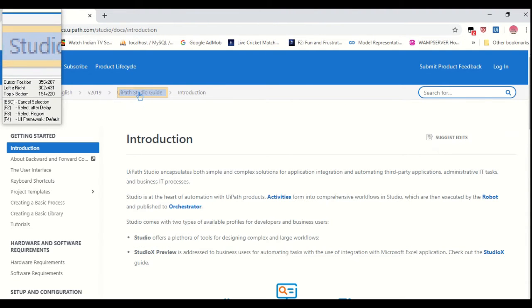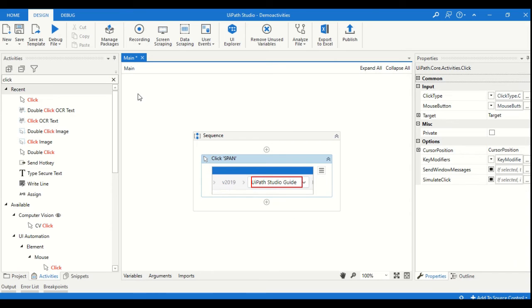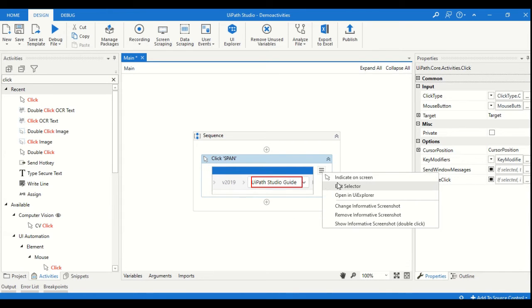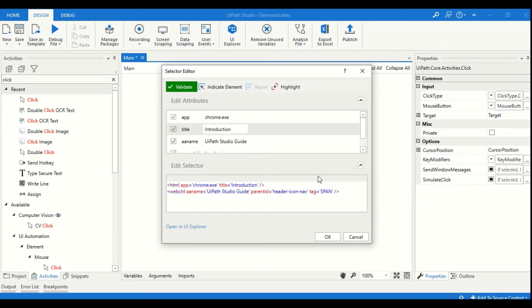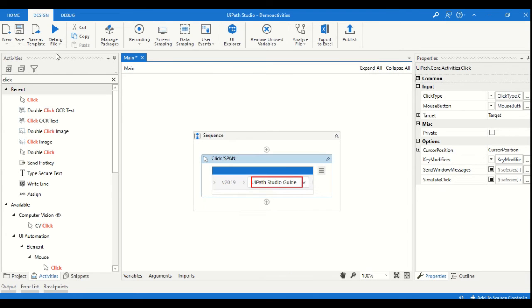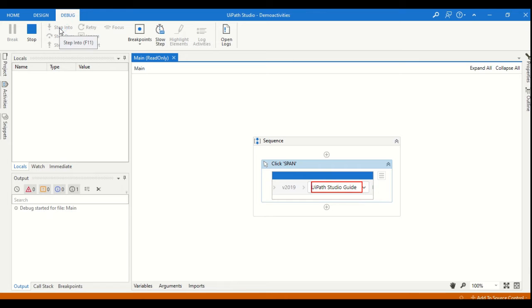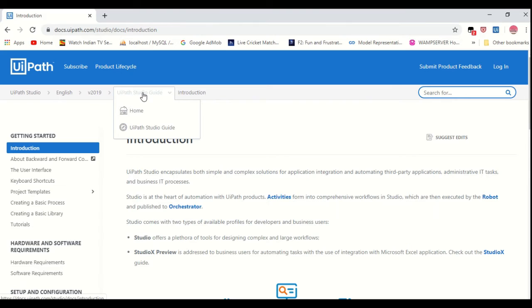We will click on UiPath Studio Guide here, and let's see the selector, and let's click on run to see whether it is clicking the UiPath Studio Guide or not. See, it clicked the UiPath Studio Guide and the menu has opened here.